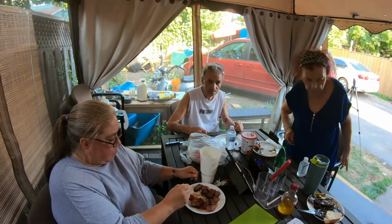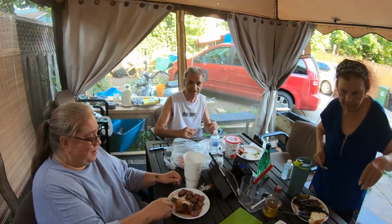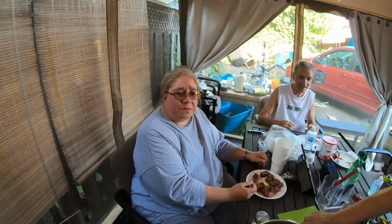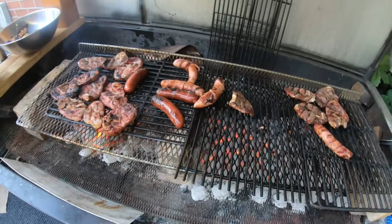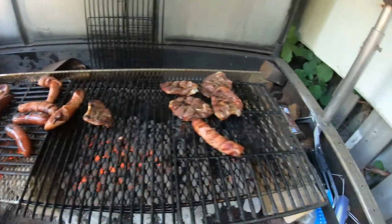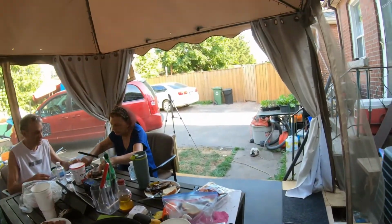There's my mommy and daddy and girlfriend, wife. So yeah, this backyard makeover so far so good. It's looking nice. The barbecue's running at full speed. I need a few more gardening boxes and